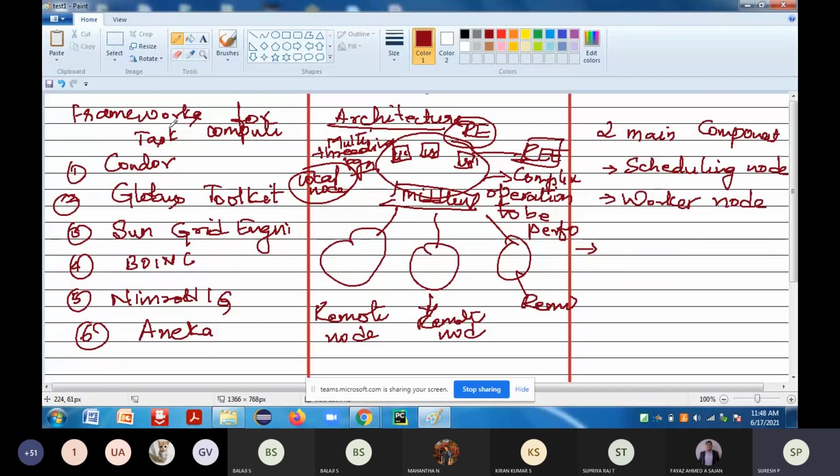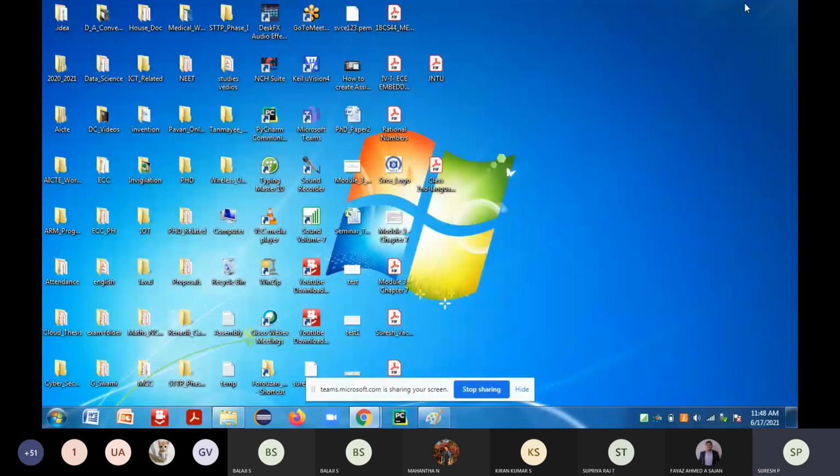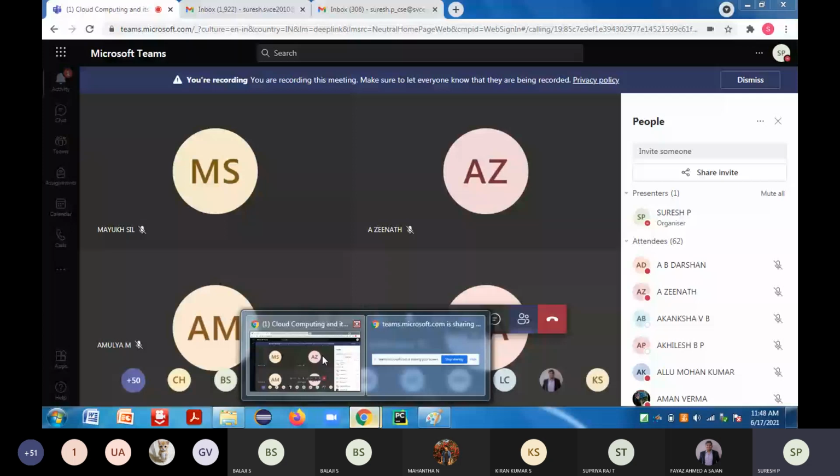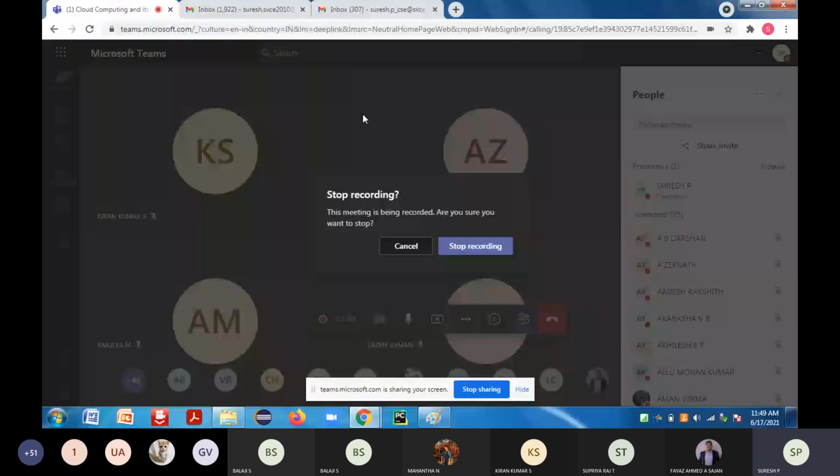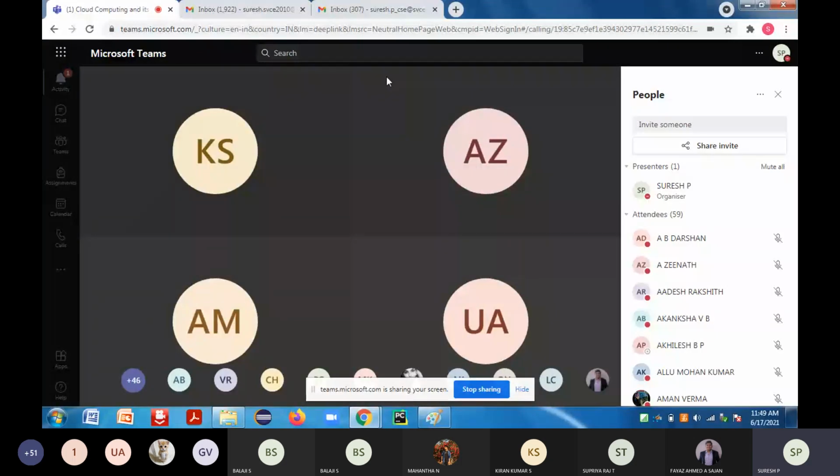Okay. So these are the things which you need to know about task computing. Now, if you have any doubt from today's class, you can ask. If anybody is having any doubt. You should be covered with what task computing is, why it is used, and what the difference is between task computing and multi-threaded programming. So you should know all these differences. If you have any doubt, you can ask. So go through whatever I have done. If you have any doubt, how to access the output